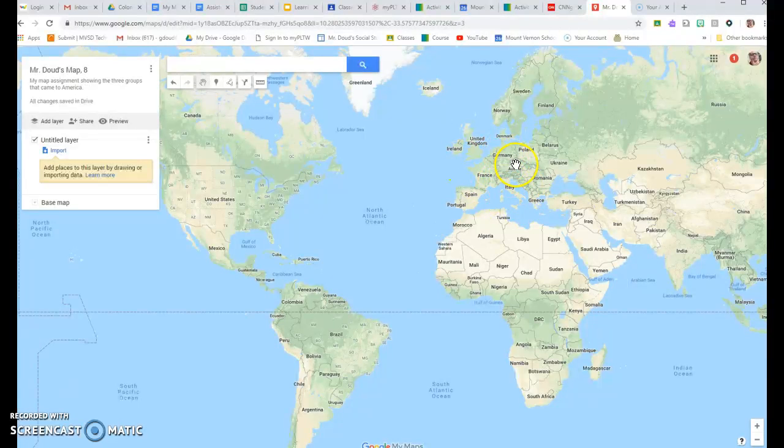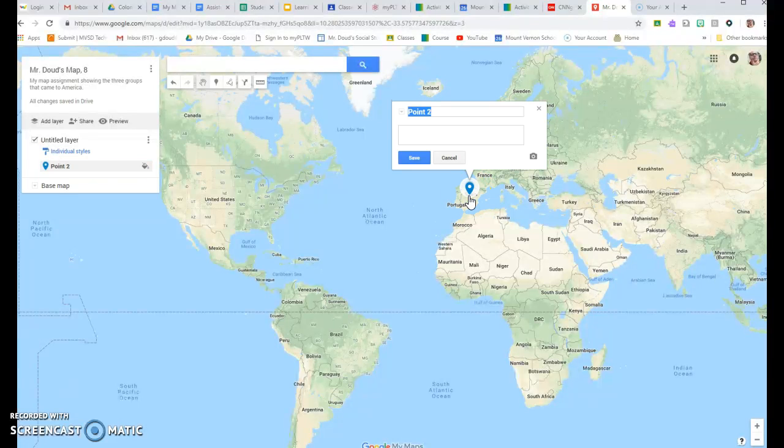But really what's important is that you would start from Europe and then you would go to the Americas. And so if I was going to start by drawing a line, well, actually, where I might want to start is here, adding a marker. And I would just put a marker right here. And I would then add, what is this marker about? And this would be